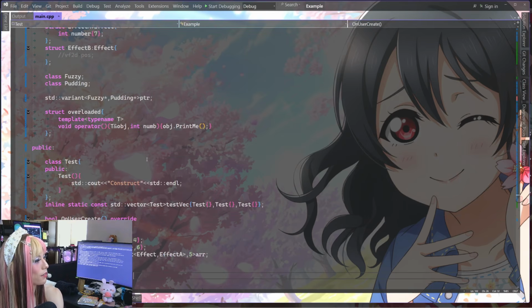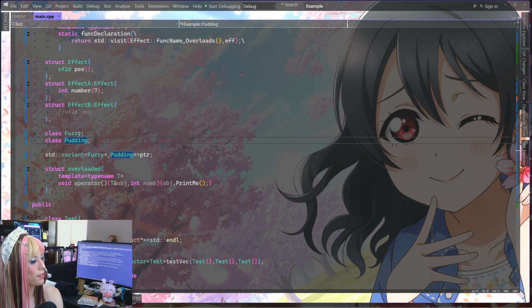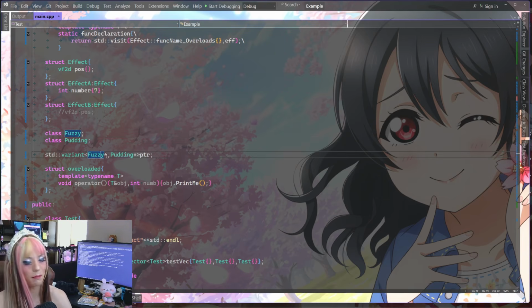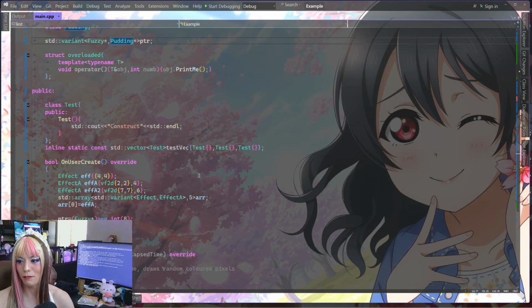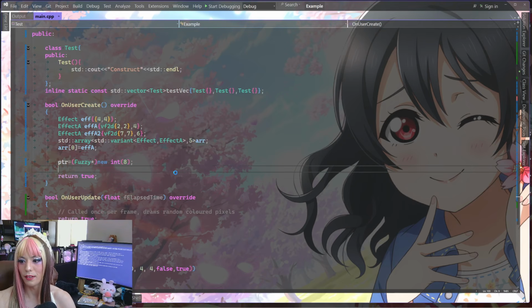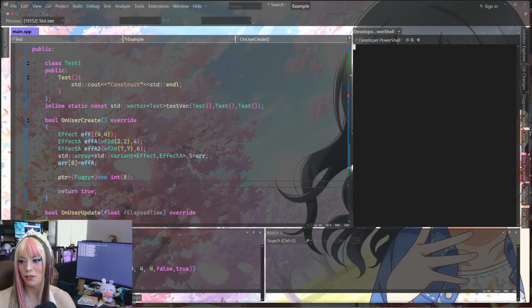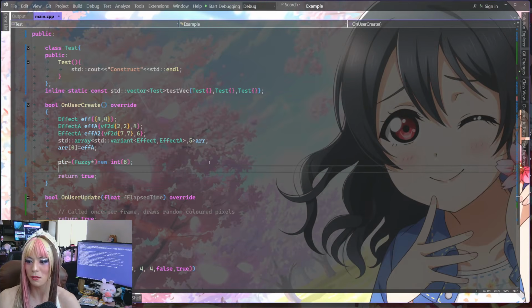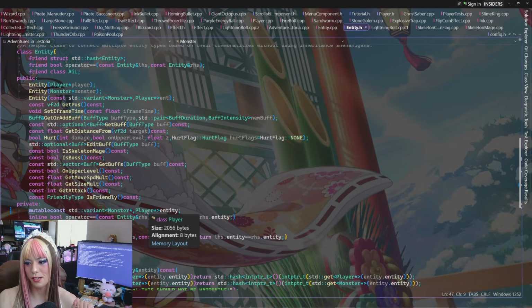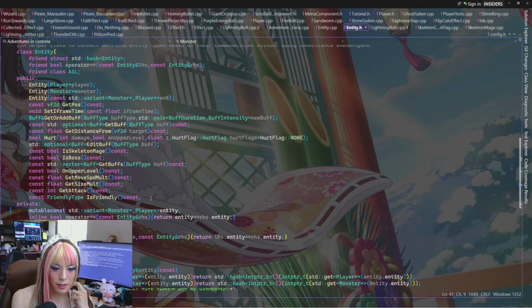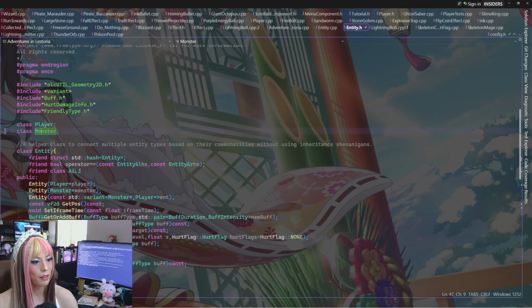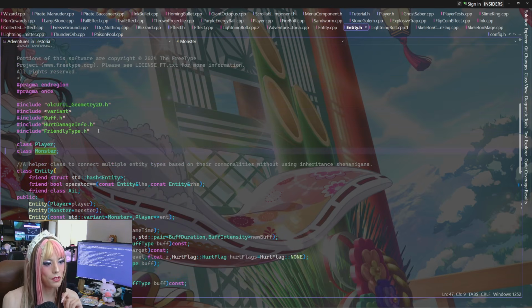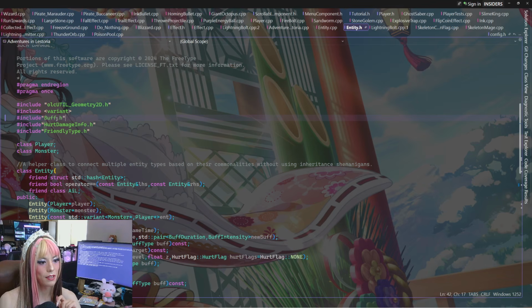I think our test, yeah, we just made up two classes called Fuzzy and Pudding. They are not defined anywhere in this code. I just literally made them up and told the compiler they exist somewhere and put them in a variant. And this code does compile. I literally casted this pointer to a fuzzy pointer, and the compiler's happy with that because a pointer is a pointer. So that isn't the issue. So I think somewhere we have an include that we shouldn't have, so we have to check these guys to find it.